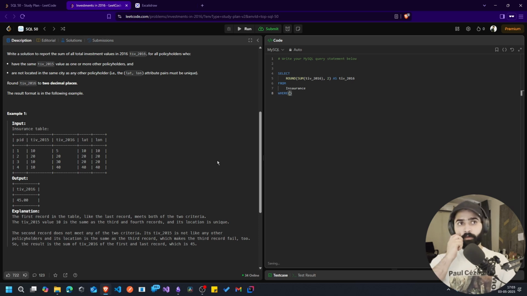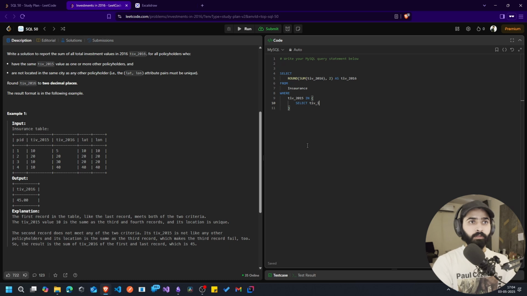Now where our what? Okay, so we can say where our TIV 2015 in, we can write a subquery, and we have to select the column that we are just using. After this, where clause, select TIV from insurance